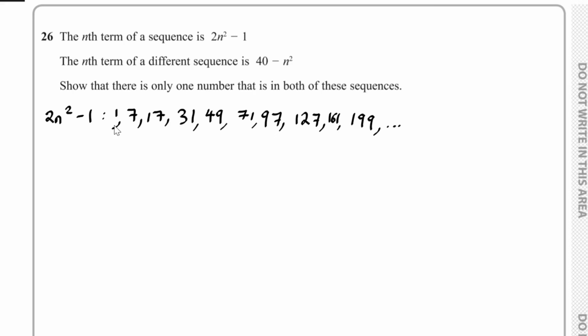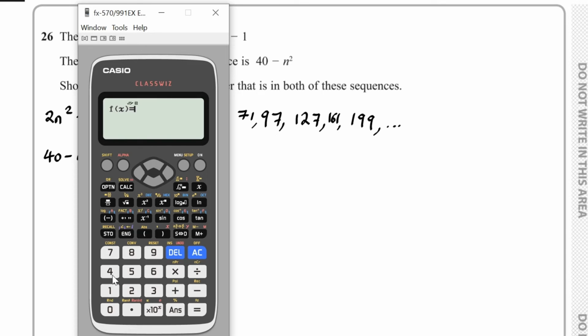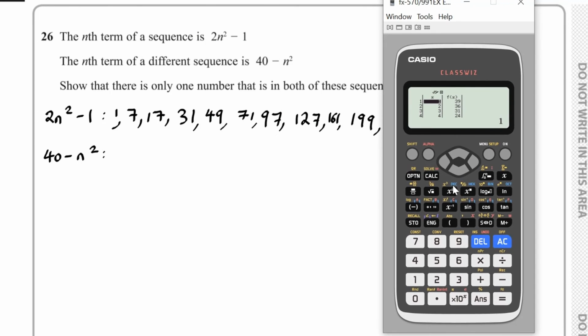Now if we think about the other sequence, 40 minus n squared, if we list the terms here, so we have 40 minus x squared, again listing the first 10 terms, we have over here 39, 36,